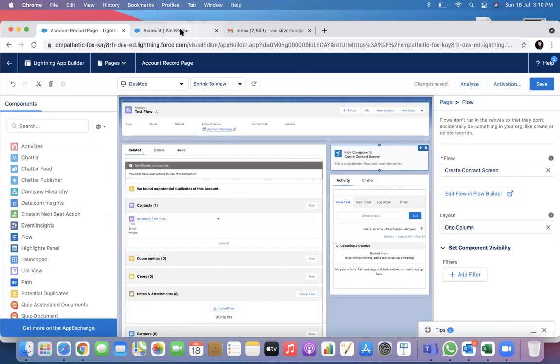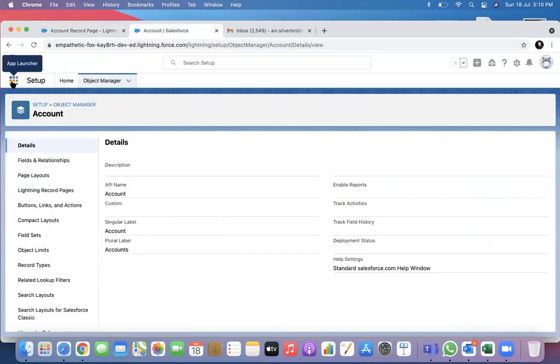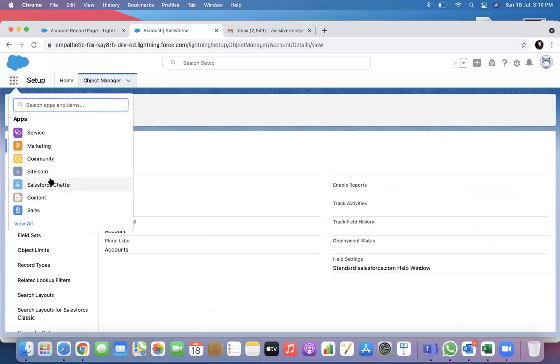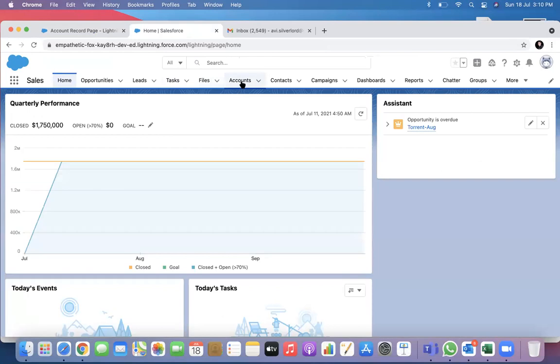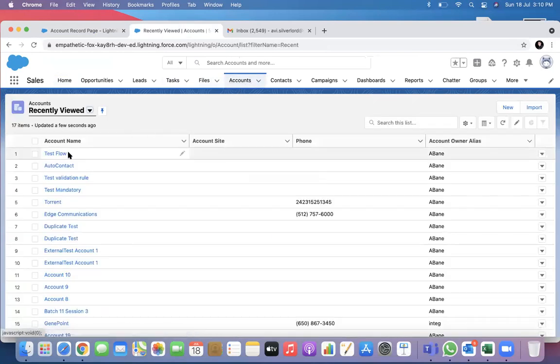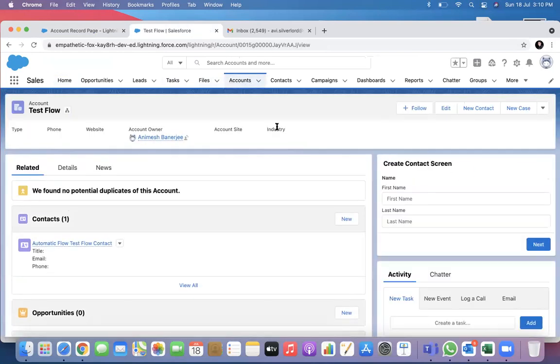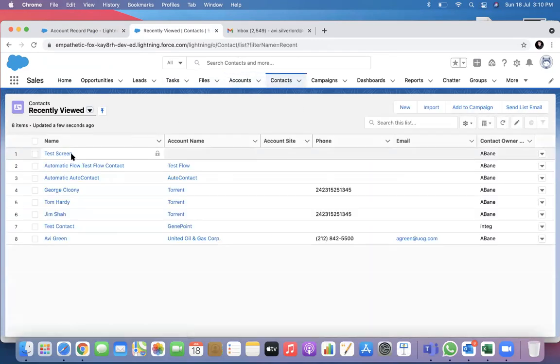So now what will happen if I go to the account page? Here, that screen flow has come in. If I put a name in the screen and do a next, go to contact, you see this screen contact is created.